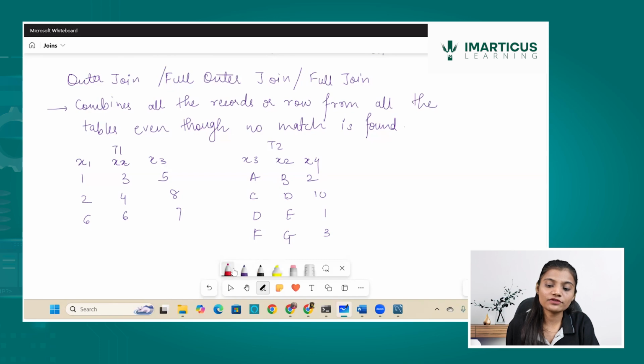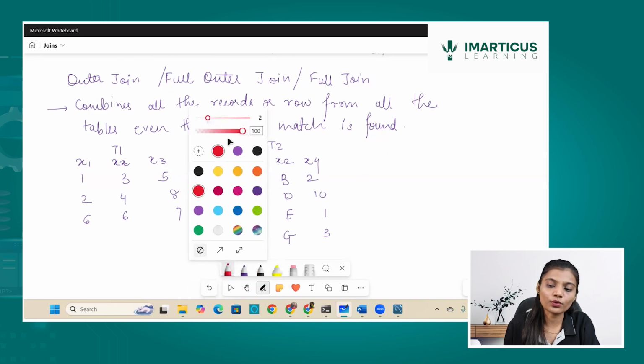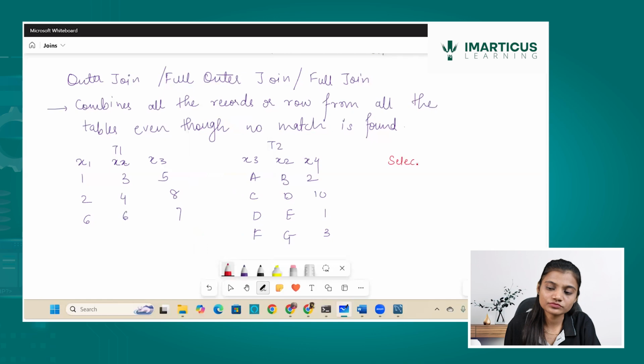If I write the query for the same, what would the query be? The query would be select star. I'm selecting all the columns from T1. T1 is my left table. And then I write outer join.